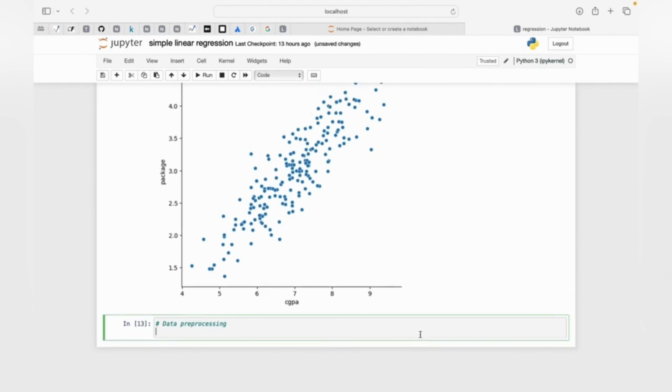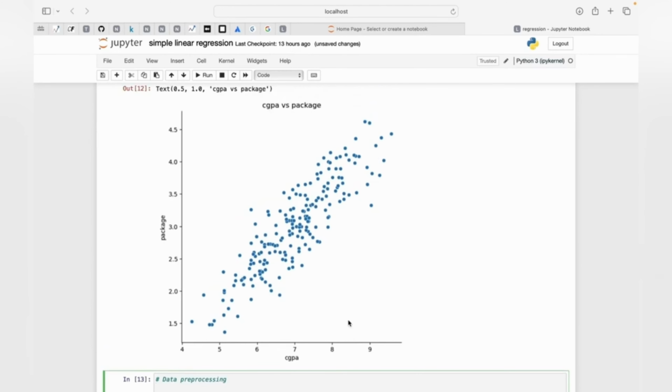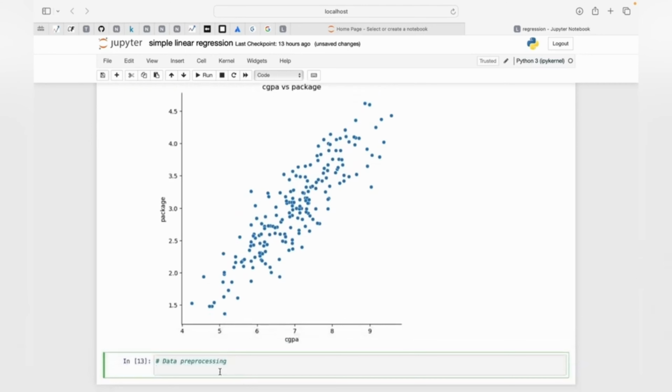In this step we will see the data. In the pre-processing part, we will simply create two variables, that is x train and y train, and we will put the columns CGPA and package under them. By doing this we relate that the x variable will be the independent variable and the y variable will be the dependent variable. So for doing this we will pass a command that is